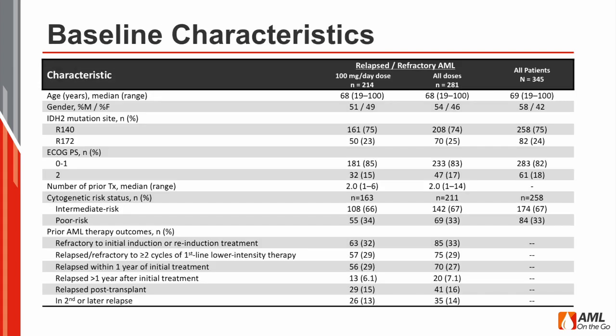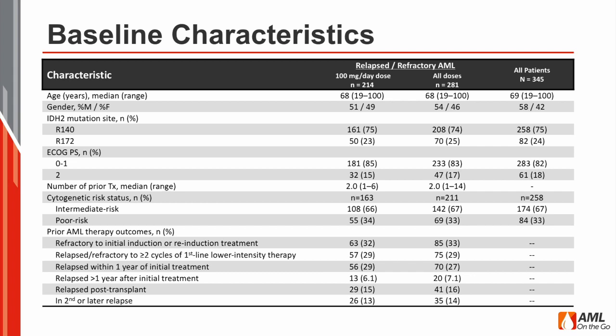The baseline characteristics of the patients treated on the study are shown here. You can see that of the patients with relapsed and refractory AML, which are the first 2 columns, the median age of the group of patients was 68 years old, both in the patients with all doses and in the patients getting 100 milligrams once a day. The predominant mutation was the R140 mutation compared to the R172 mutation,